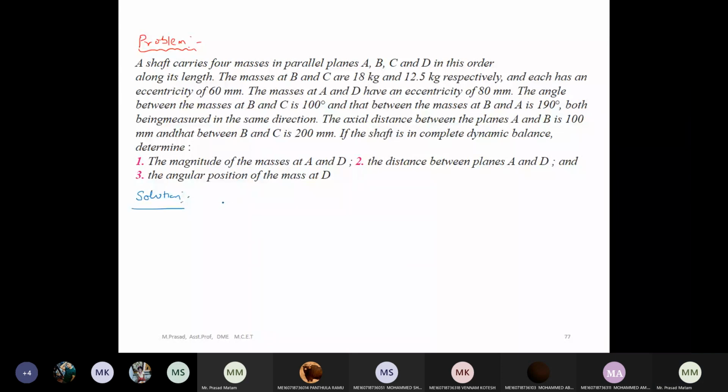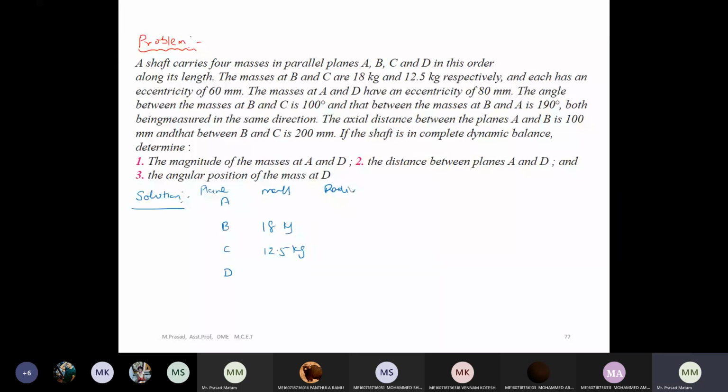Plane A, plane B, plane C, and plane D are there. And masses B and C are 18 kg and 12.5 kg. For mass B, the mass is 18 kg, and for C, it is 12.5 kg, and has an eccentricity, means radius of rotation. Just I am writing the table column straight away here. This is for the plane, this is for the mass,